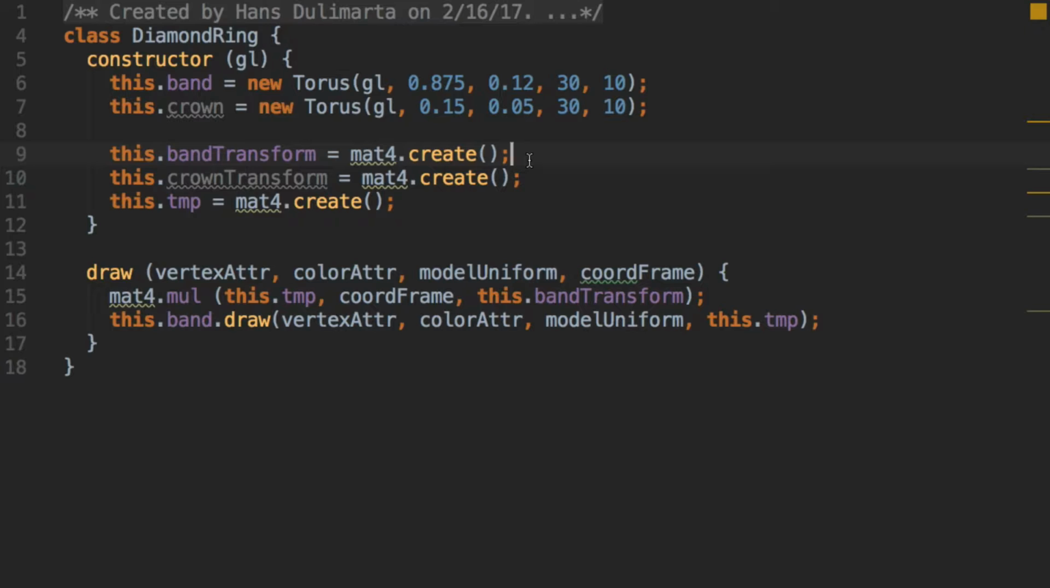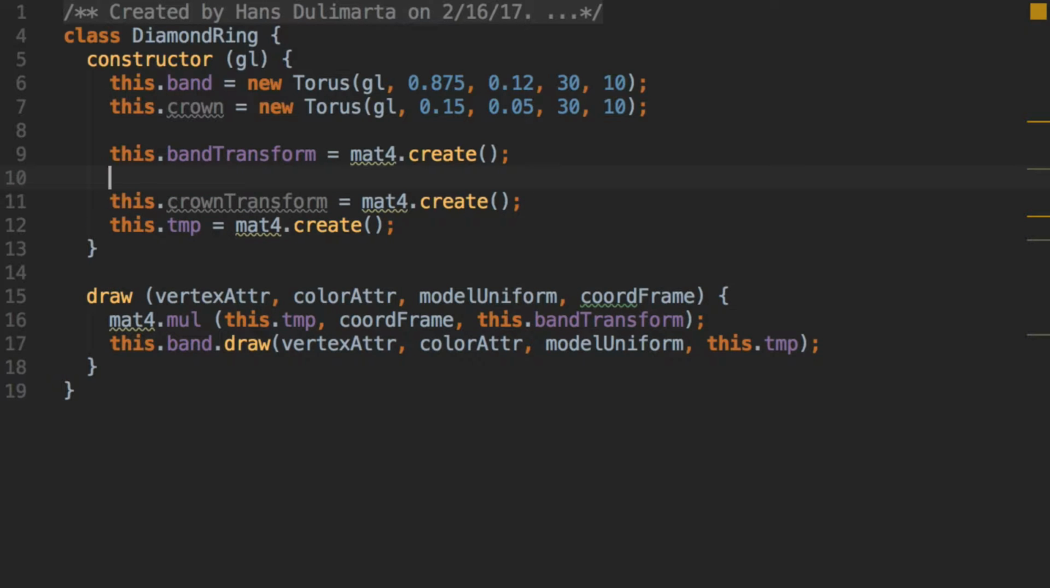Red, green, blue, X, Y, Z. So the torus is built around the z-axis, right? The blue axis is the z-axis. So I want to put it upright, so I want to rotate around either the x or the y. Okay? So let's say I want to rotate around the